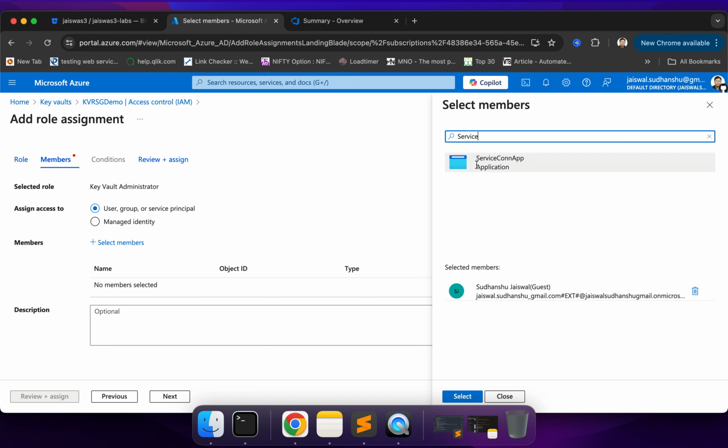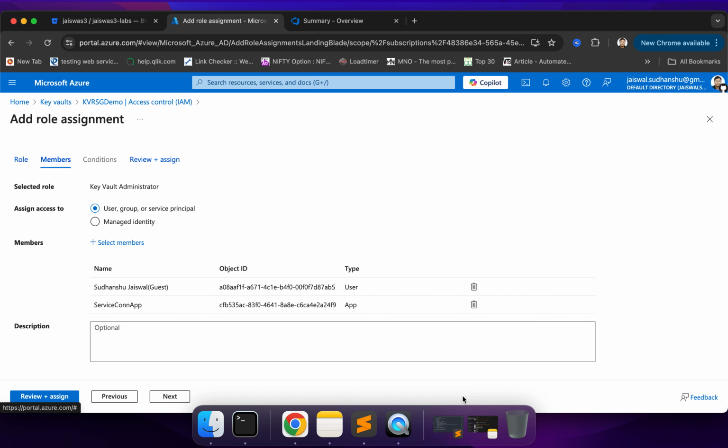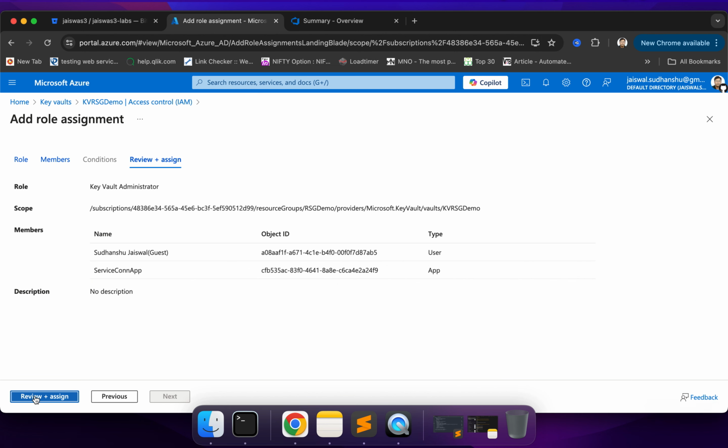So if you can recall, this is our service connection app which we configured when we were creating our service connection. I am also giving this service connection app the admin role, because when we trigger the pipeline it won't complain. So let's select it, click on review and assign, another click on review and assign,